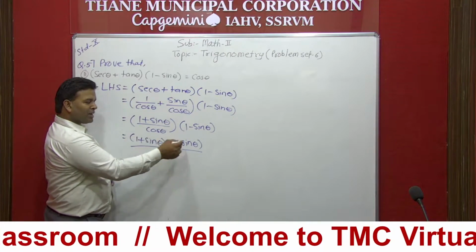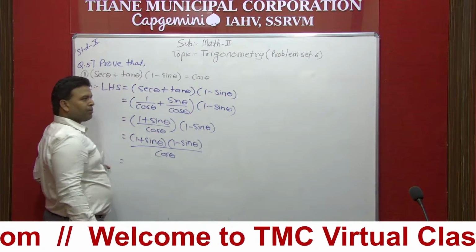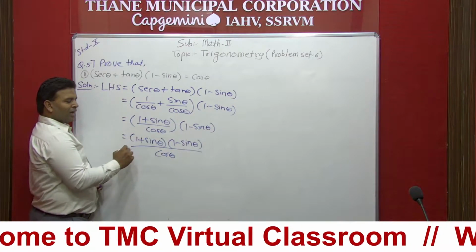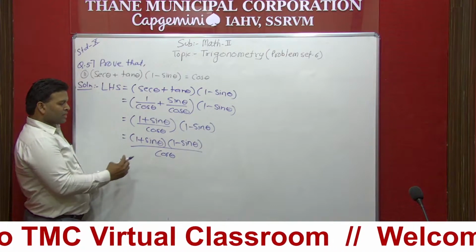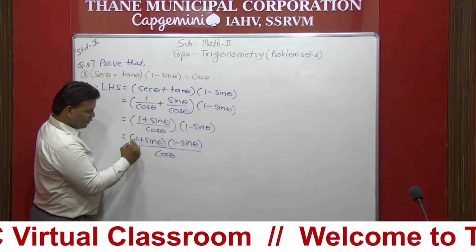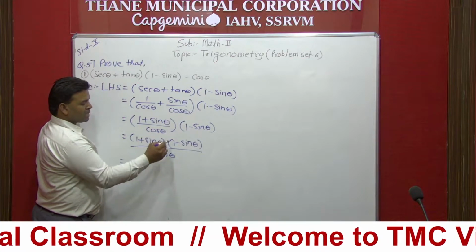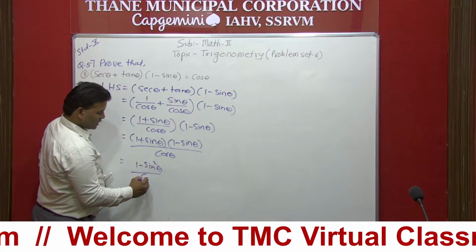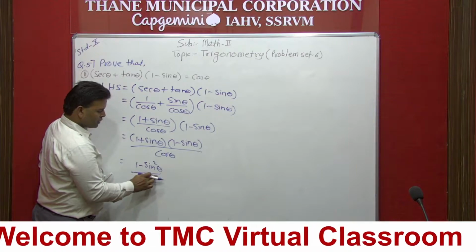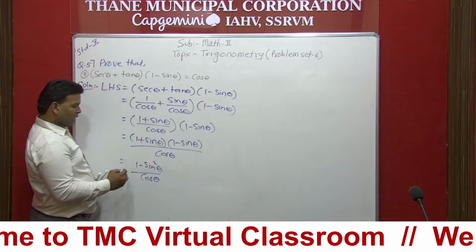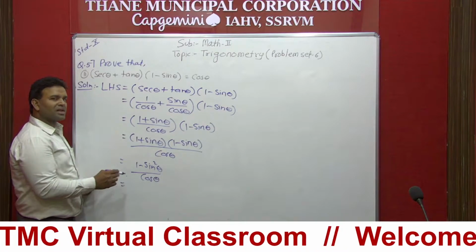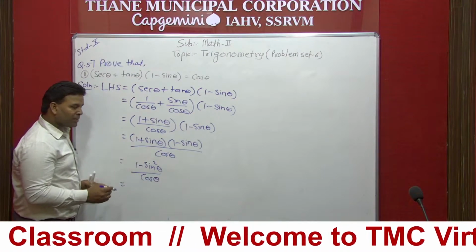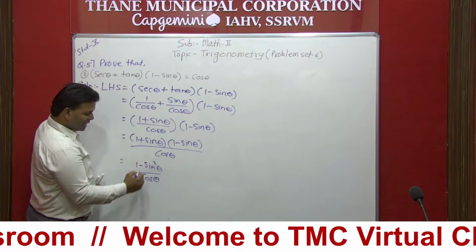1 plus sin theta, 1 minus sin theta, this is the identity a plus b, a minus b. In the previous question I have told about this formula. Now this is somewhat like a plus b, so a plus b and a minus b can be written as 1 square minus sin square theta upon cos theta. Now the next step, 1 minus sin square theta. I have just told the formula about this. This is one of the identities, the first identity: sin square theta plus cos square theta is equal to 1. So I will write down here cos square theta